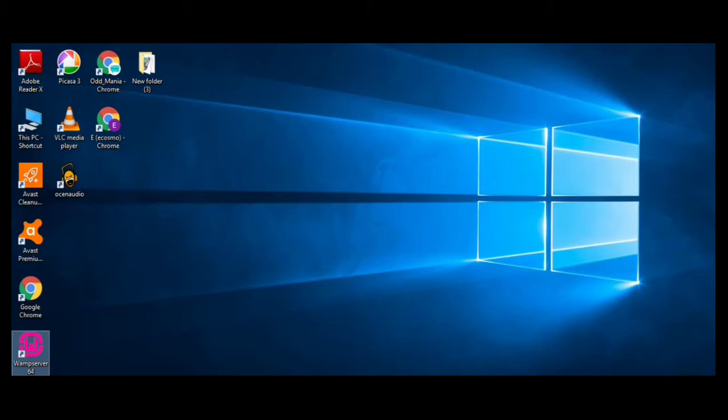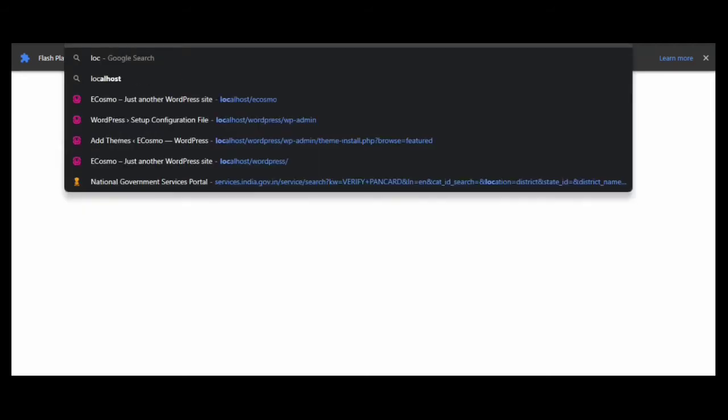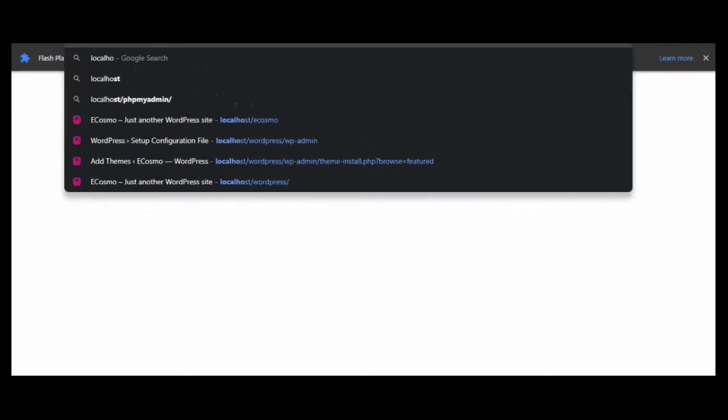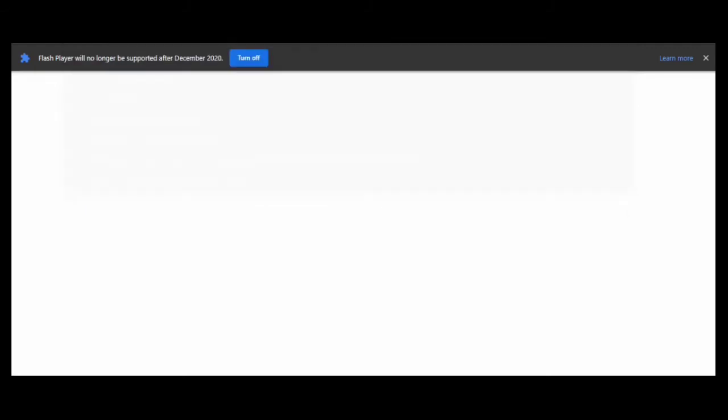After it turns green, then you have to go to your browser and search localhost. Only after it turns green, not during the conversion to brown. Because brown signifies that the processes are still not running.